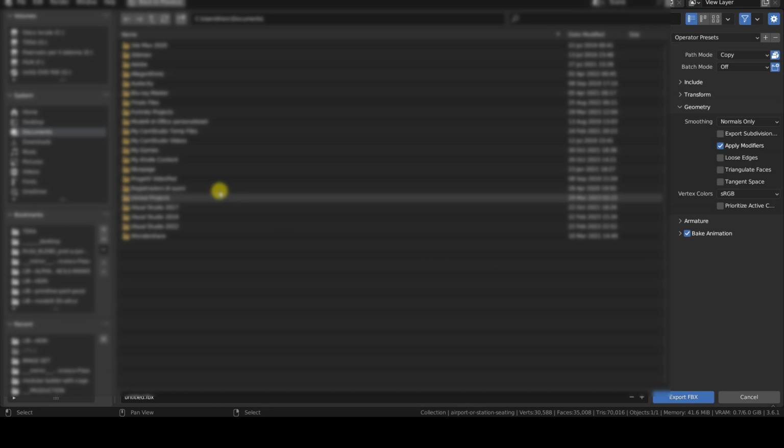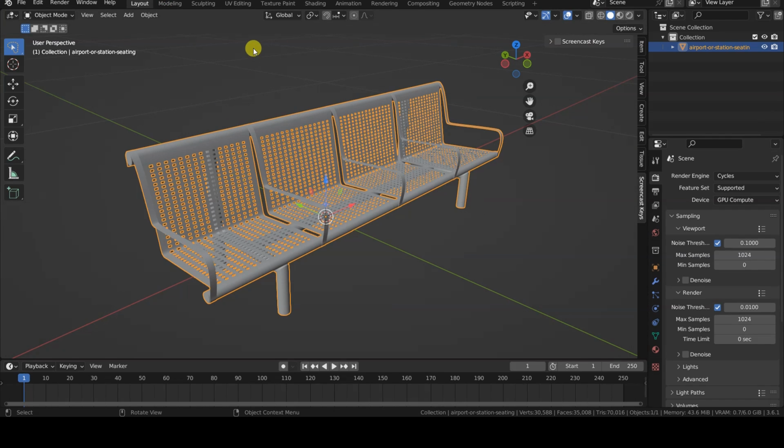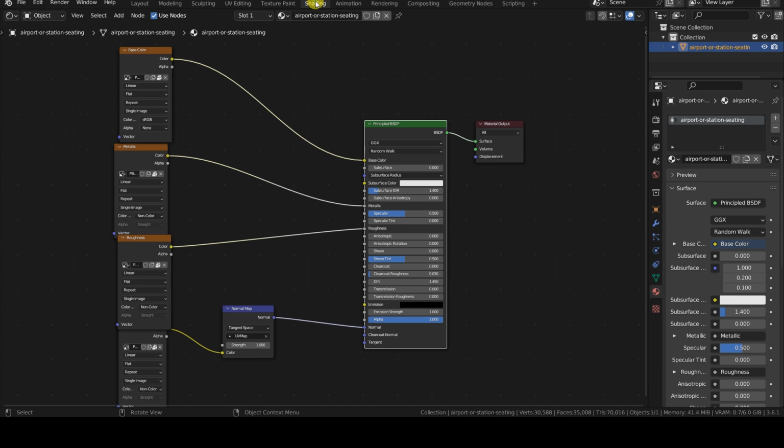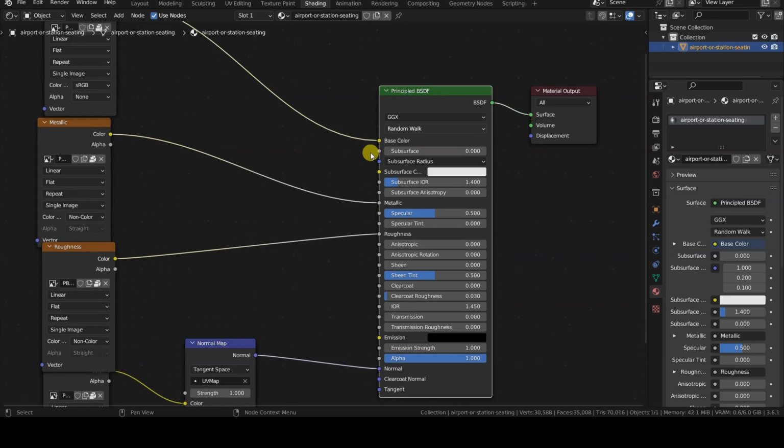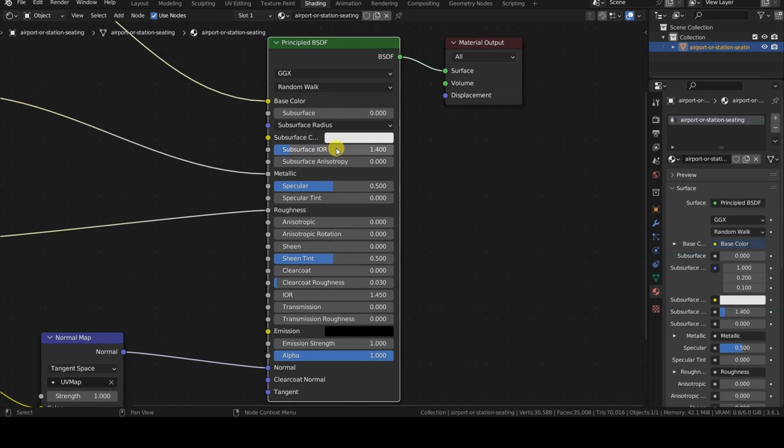check the documentation. As I mentioned at the beginning of the video, in Blender version 3.6 it is necessary to use the principled BSDF node as the main shader and the textures must be image type with UV mapping. The parameters of the principled BSDF shader exported in the FBX file in this version of Blender are base color, specular intensity, specular tint, without textures, roughness, metallic, IOR, transmission, alpha, and normal.